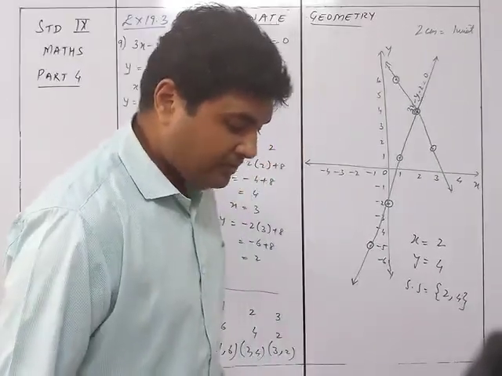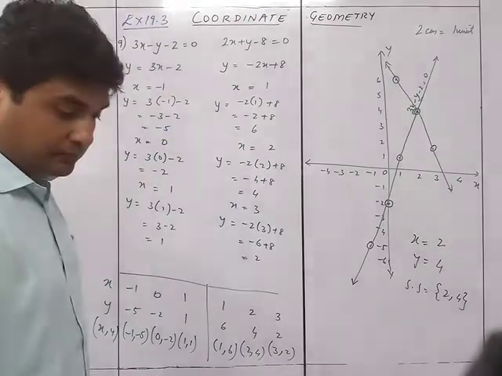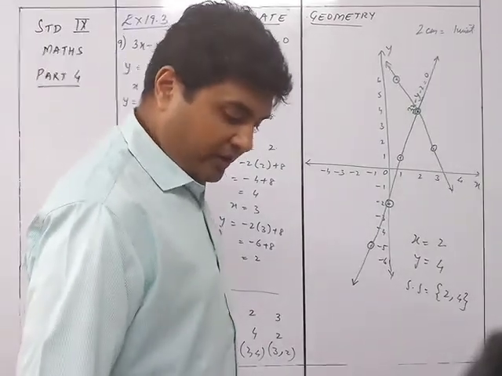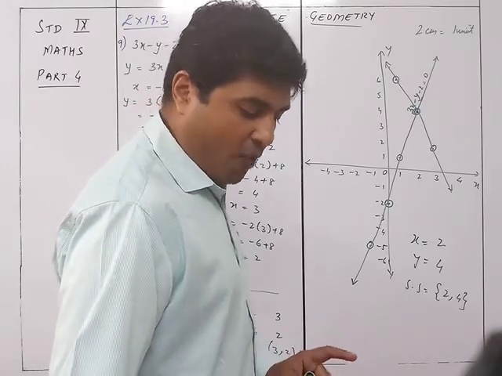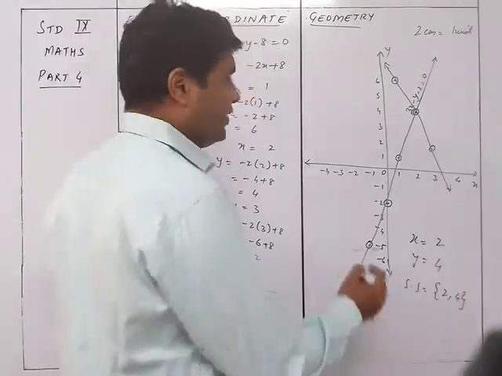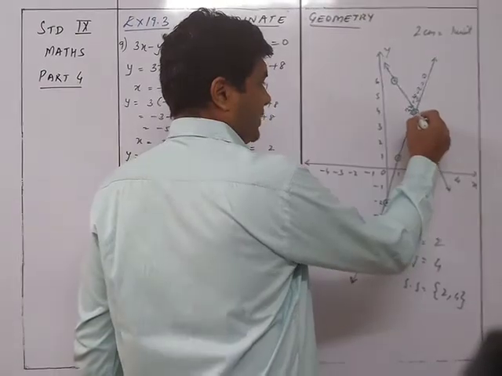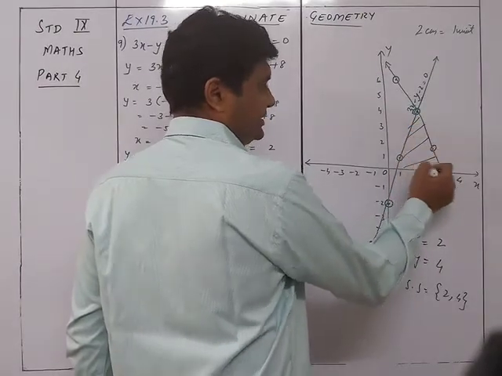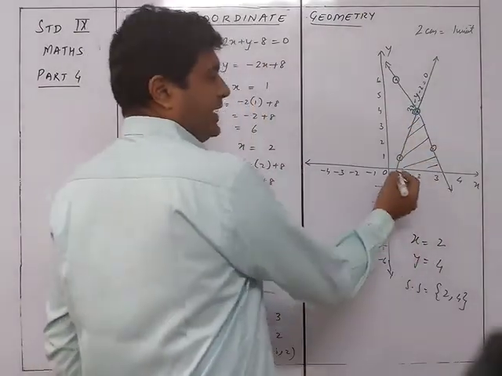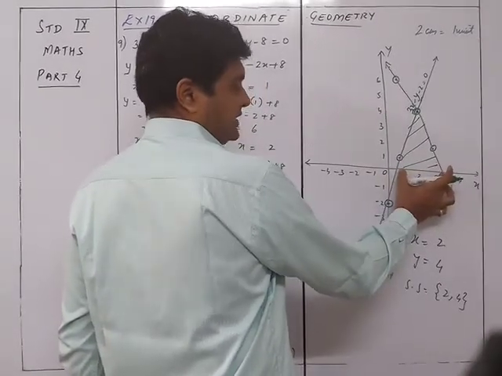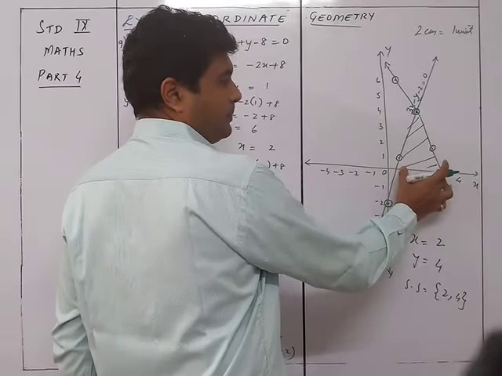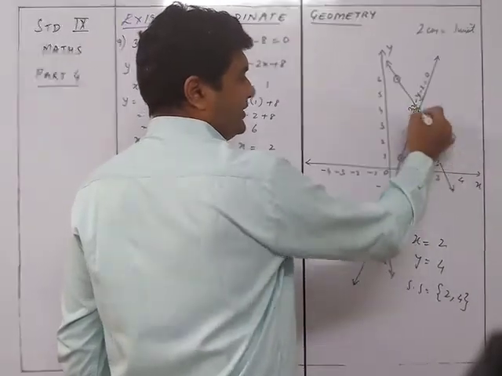And they also ask you something more in this case. So first of all, you need to write down the coordinates of the intersection point and the area of the triangle formed by the lines and the x-axis. So you need to find out the area of this particular region. This is the area what you want. In the area you can find out this distance over here. There is a base. And from here to here is, of course, 4.